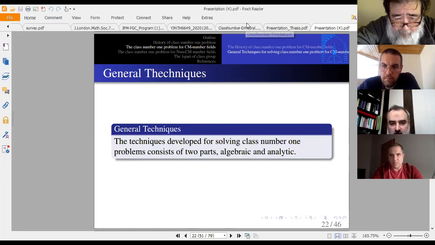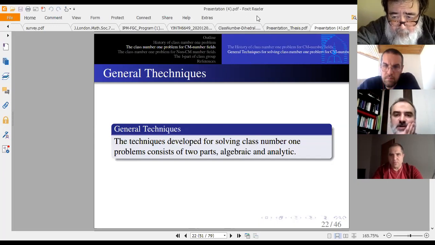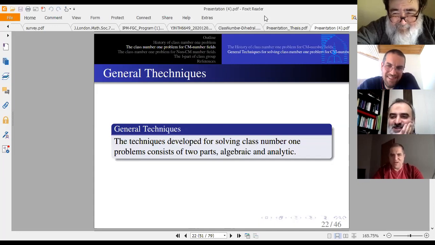Originally, what I had assigned to Farahnaz was a generalization of Gauss's genus theory. I didn't want her to get involved with the analytic results because I thought that would be too difficult. So I just wanted her to work on the algebraic part. And there was a difference of opinion between me and her. The first difference of opinion that you saw was that